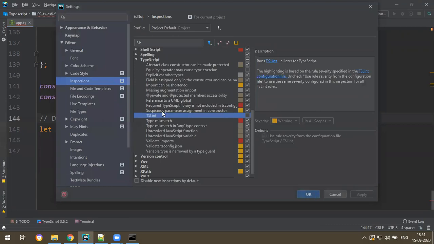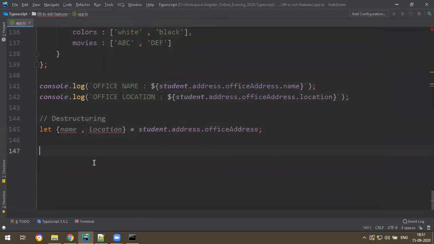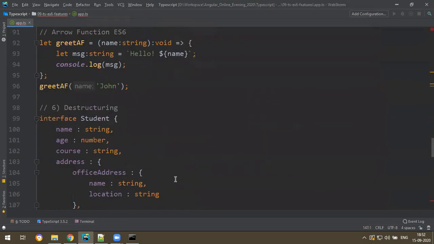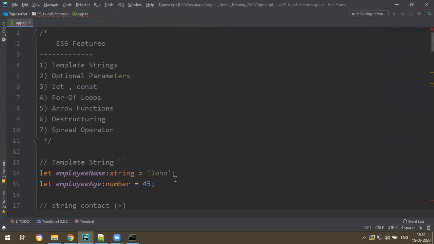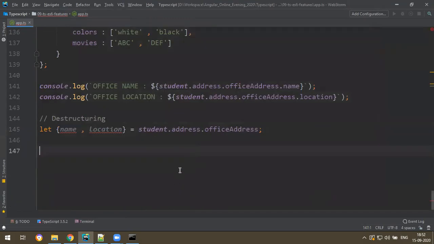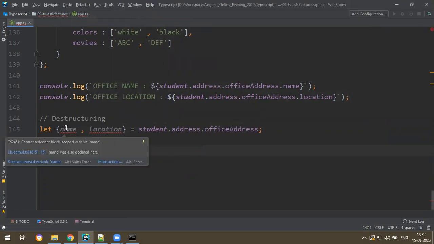ESLint disable. Then, cannot redeclare the block-scoped variable location. Where did I declare it? Nowhere. No man, you're supposed to get this.